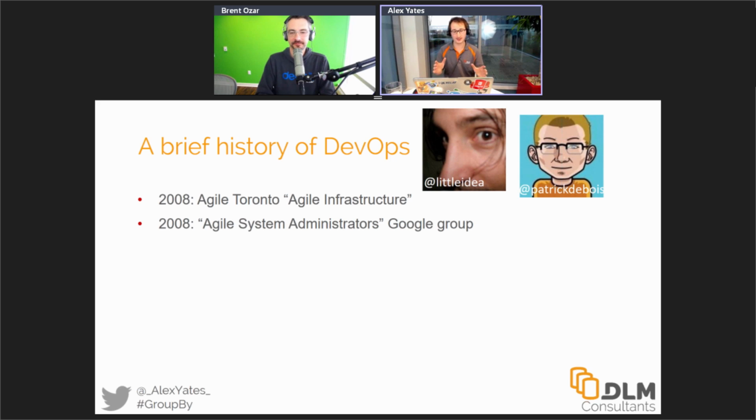So they started this Agile System Administrators group, and that was becoming really, really popular. A lot of people were saying, look, we understand these problems. We understand that people are working in different ways. We understand that actually we have this really slow waterfall way of working when it comes to hardware, and these software developers are doing this cool agile stuff. We want a bit of that, but we don't really understand how to do it.